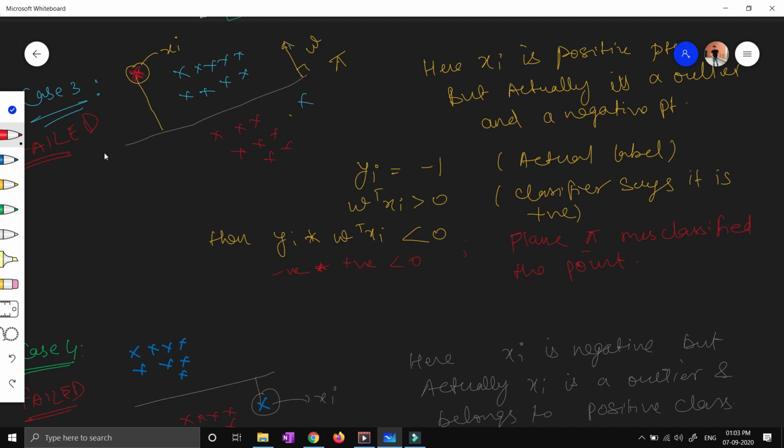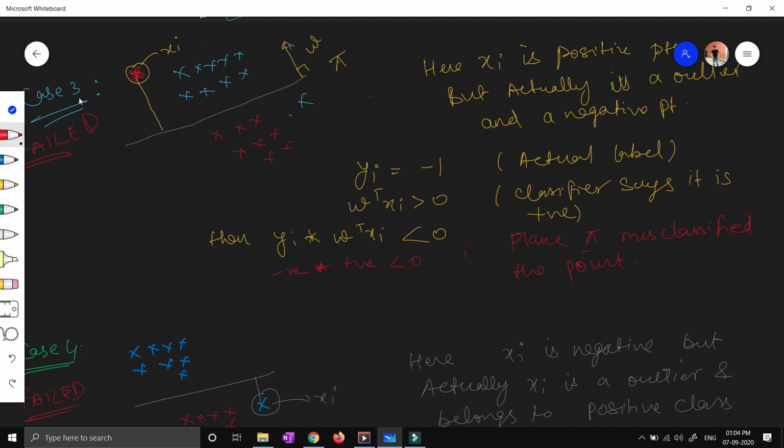Negative review over here. You can see this point is particularly an outlier, because all these points are positive, but the single point over here is an outlier, which is actually a negative point. But you can see over here that I have drawn a line for a logistic regression.